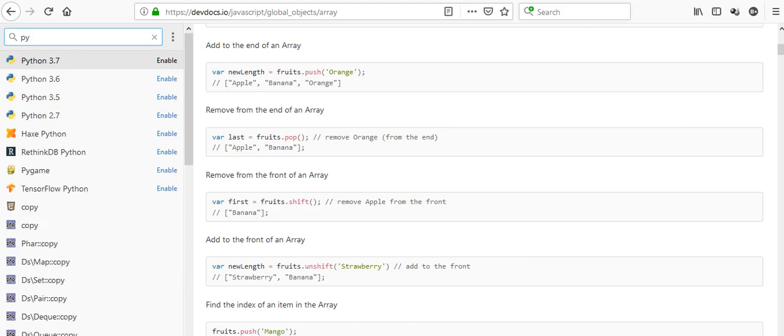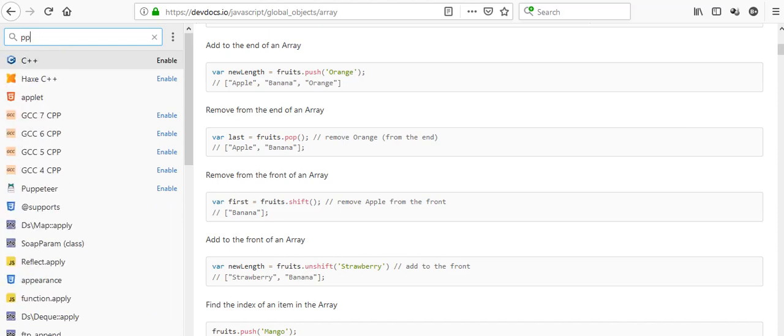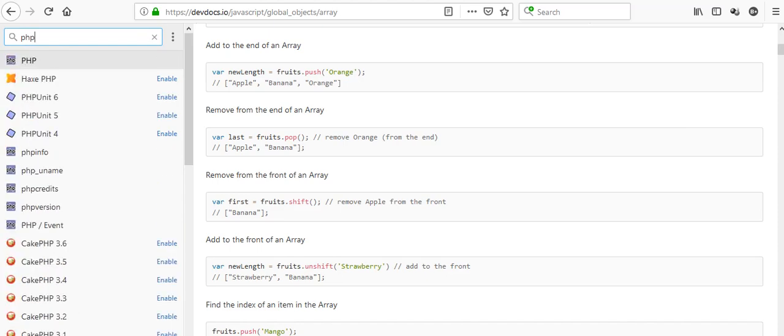Oh, another thing is that they will want you to be able to enable a language that you want it to output that snippet which you are putting. If you wanna check for PHP snippets, you're gonna have to go PHP, then you enable your PHP. I already have PHP enabled, and then when you type PHP, let's say